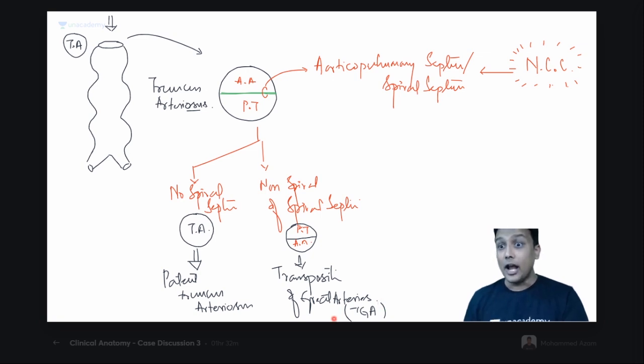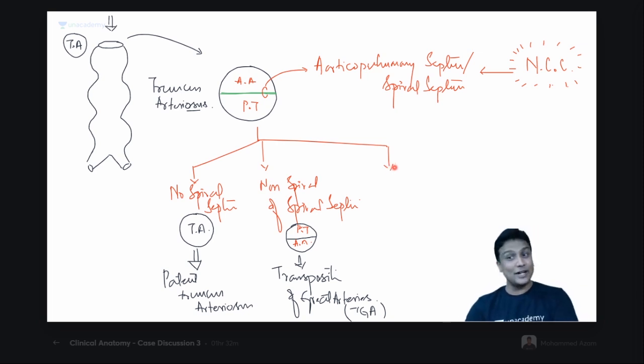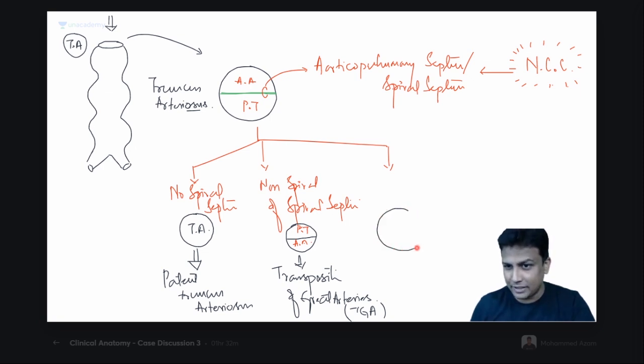Okay. And now welcome to the third condition, and I love this one. Are you ready, my dear friends, to learn this one here? And here you will have to use your brain well. Listen carefully. This is the condition that we are going to discuss in detail here. Welcome to this one. This is your truncus arteriosus. What did I say? I will tell you the condition and you people are going to think.